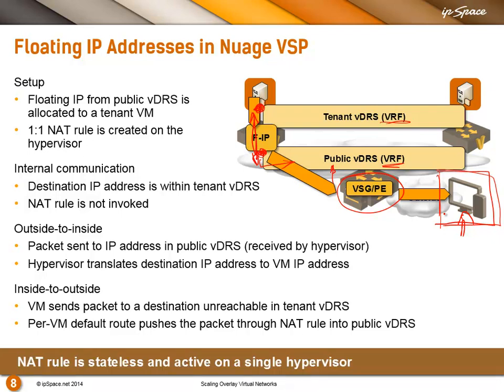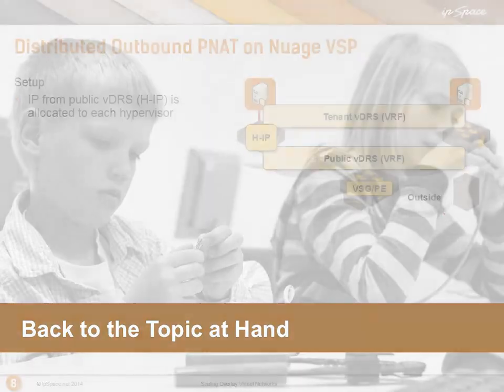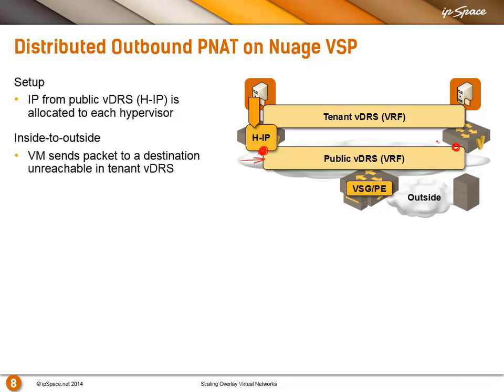And do keep in mind that this NAT rule is totally stateless, and it is only active on one single hypervisor. What if we need to access the outside world from numerous VMs? Well, in that case, what happens is we have this outside VRF, and every hypervisor gets one IP address in this outside VRF. Then whichever VM sends a packet to an unreachable destination, a destination that's not in the tenant